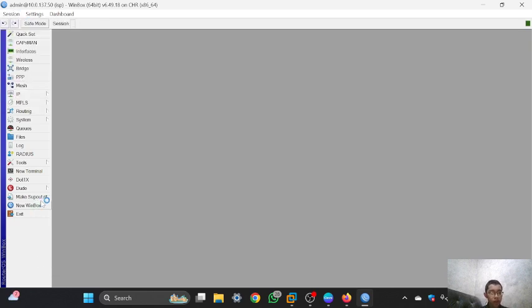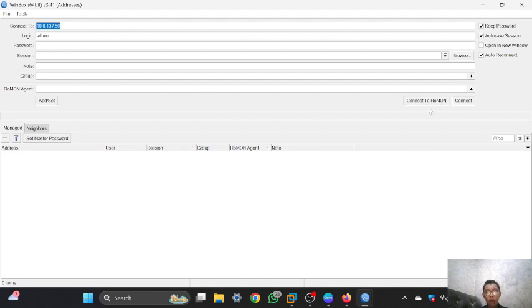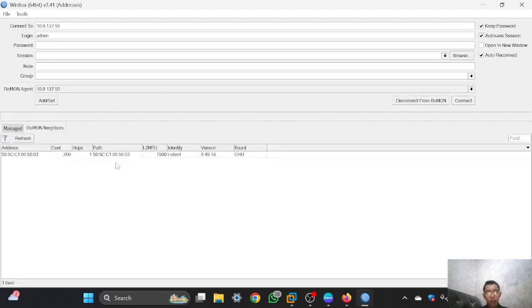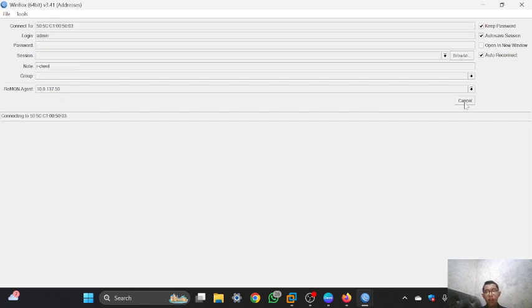You can click new terminal and then connect to Romon, and it will show in here. As you can see, there is router client, and you can click it and connect.